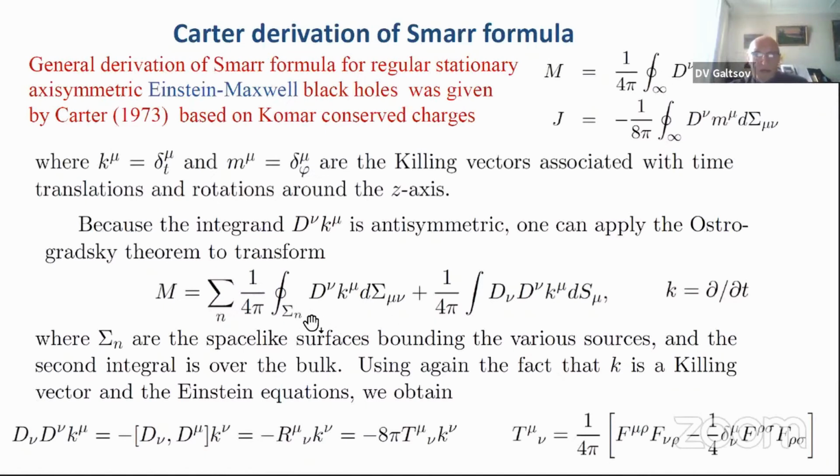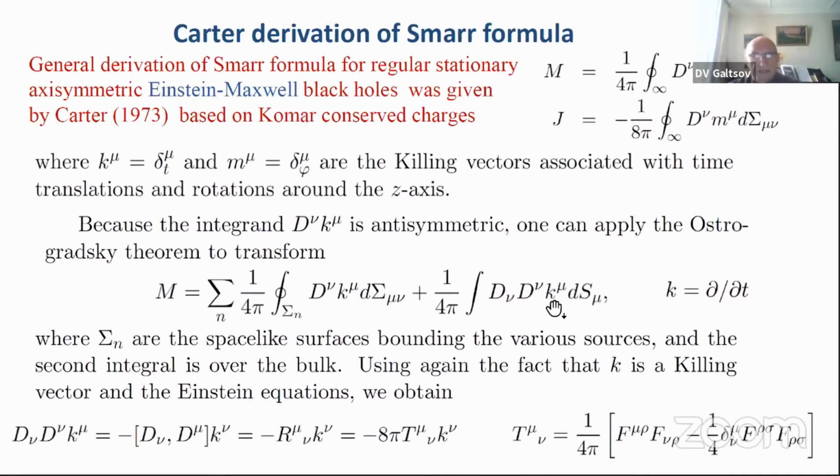It is a black hole horizon. If you have several black hole horizons, or if you have defects, and this will be our situation now, like cosmic strings between the black holes, or struts, or Misner strings, you will get the sum of those surface integrals over the sources, particular surfaces of the solution. And M is the total mass of the whole configuration, which also includes the bulk